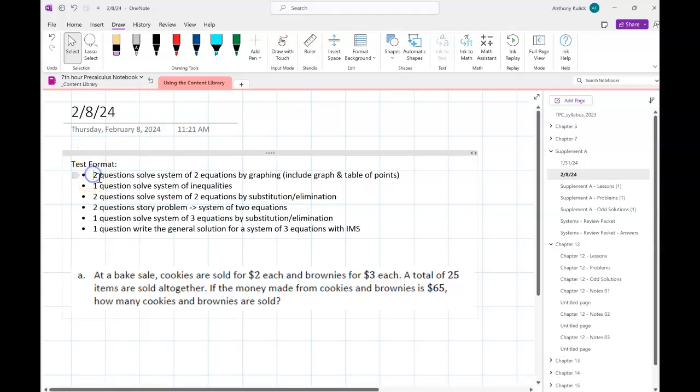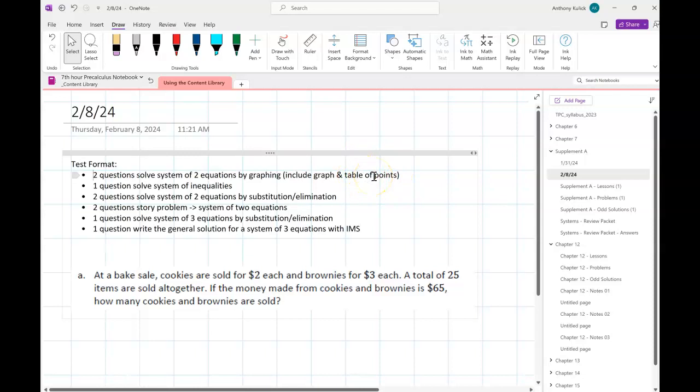So, last time you guys should have watched the lesson for section 4 that closed up chapter A for us. So the test format: you should be able to solve, or you have 2 questions where I ask you to solve systems of 2 equations by graphing. I'm going to ask you to include the graph and a table of points that you use to